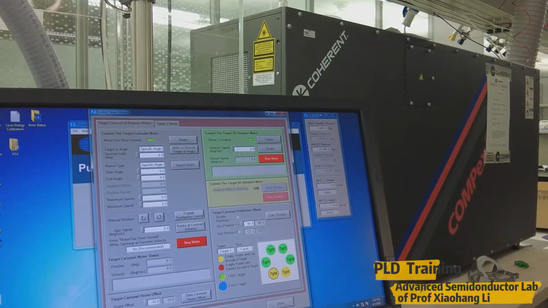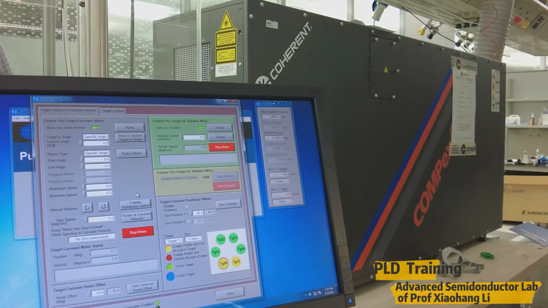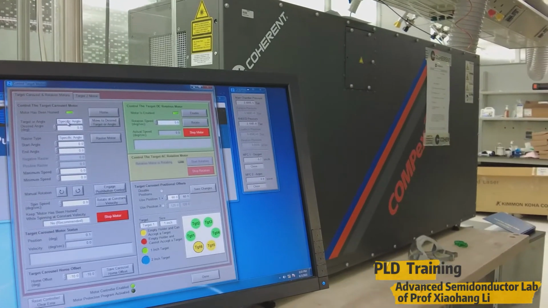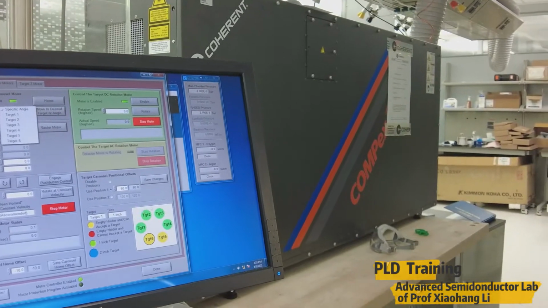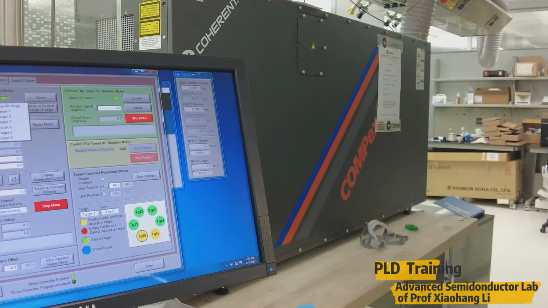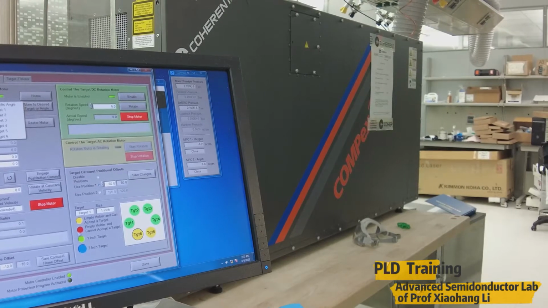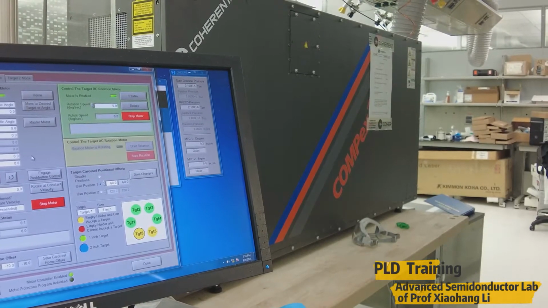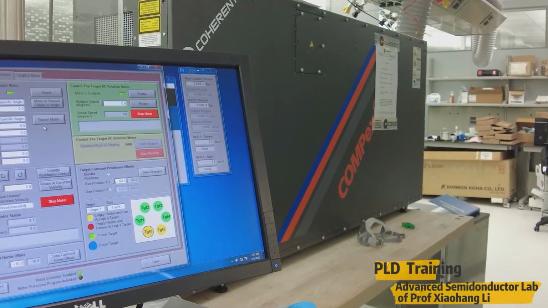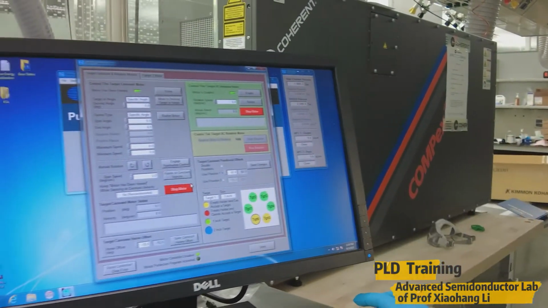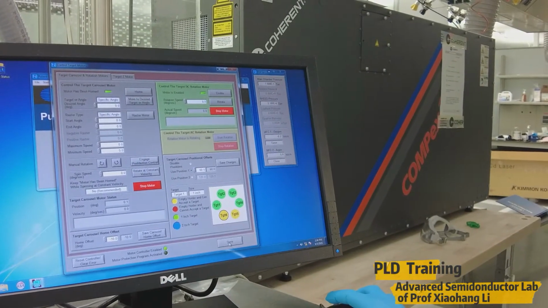This is the window for the target motors, where we can specifically put some target over there. Then there are different targets. As we can see from here, we can place different targets in this chamber. Right now we can place 4 targets, and here we can tune the rastering parameter for specific target as well. So I am not going into the detail about this one. I will just show you an overview.